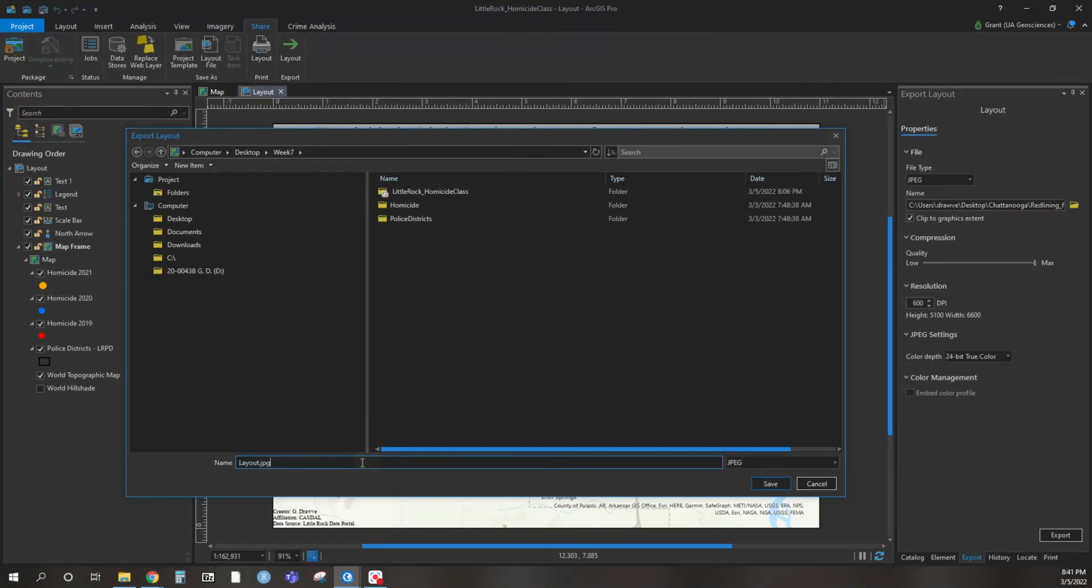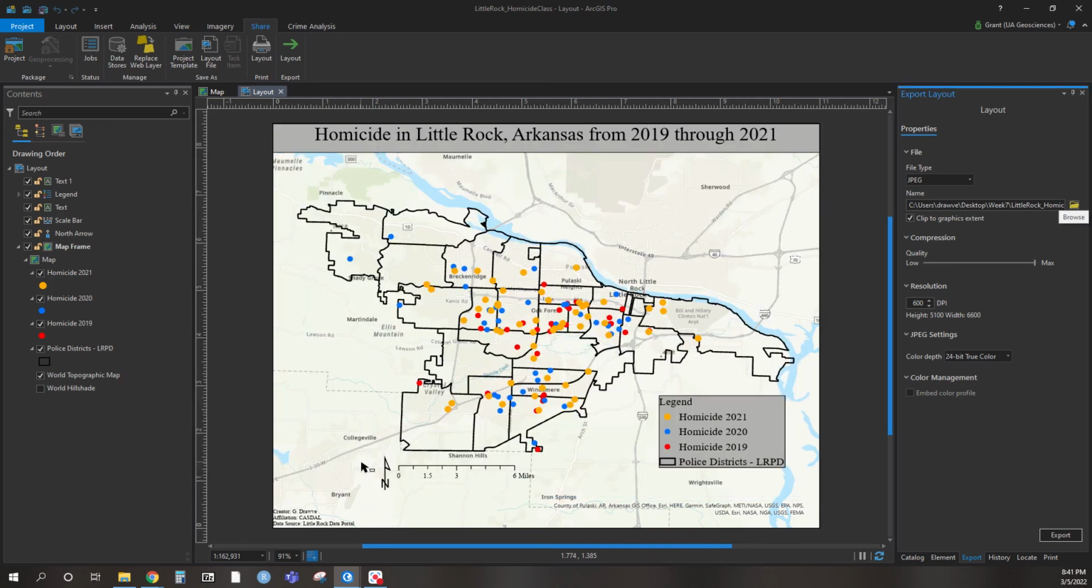And here, Little Rock Homicide for 2019 through 2021. Best in here, you can go up in DPI depending on what you're trying to do. If you're submitting this somewhere else, they will likely have set DPI settings for you. For now, we're okay with everything else. Hit export,